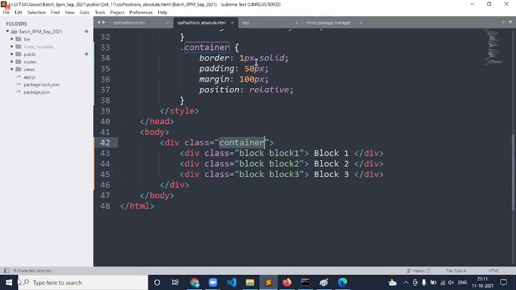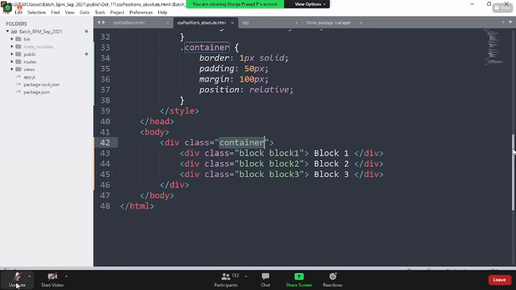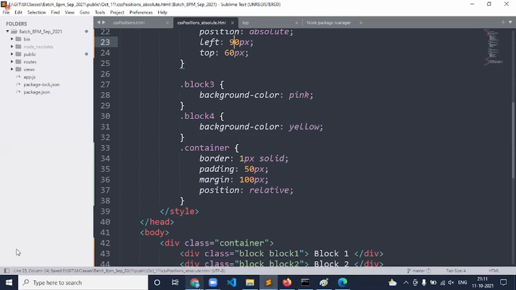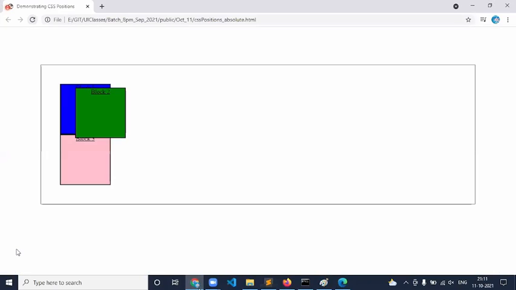From the container. Now, with left of 90 pixels, if you reload the page, see here, this is what we call position absolute. I always move relative to my parent.